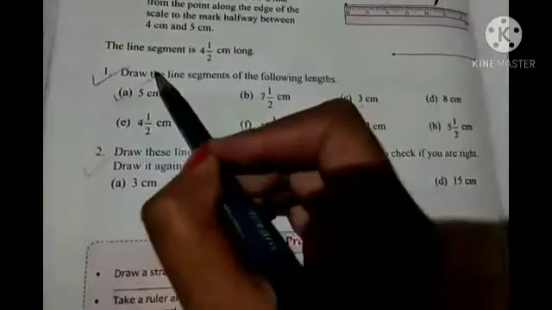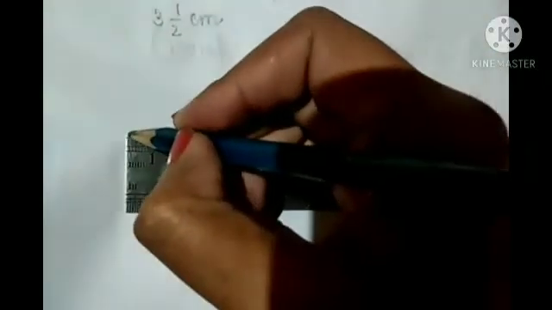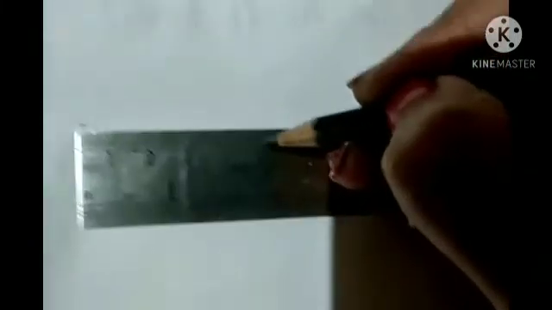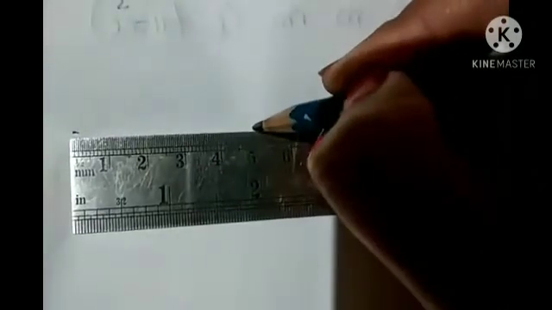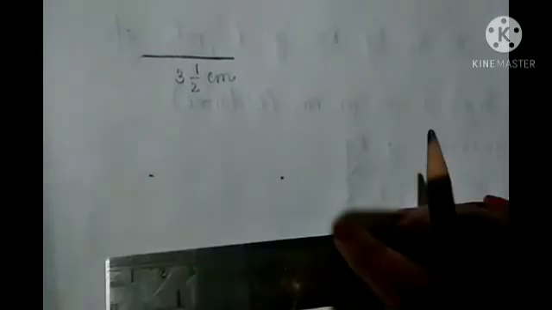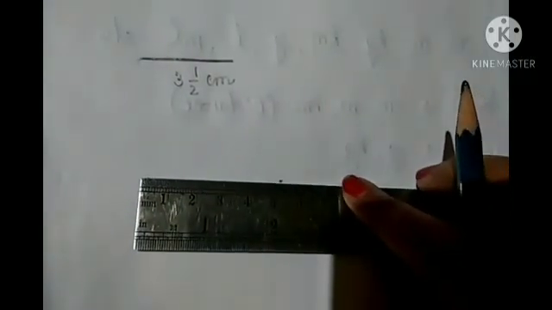So if we consider 5 centimeter, so in this way you have to just place your scale, okay, and you can make 2 dots from 0, okay. Here will be 1 dot, okay, and 5 centimeters. So this one will be somewhere here, okay, 5 centimeter. So you see students, from here to here it is 5 centimeters. So just you have to join it, okay.